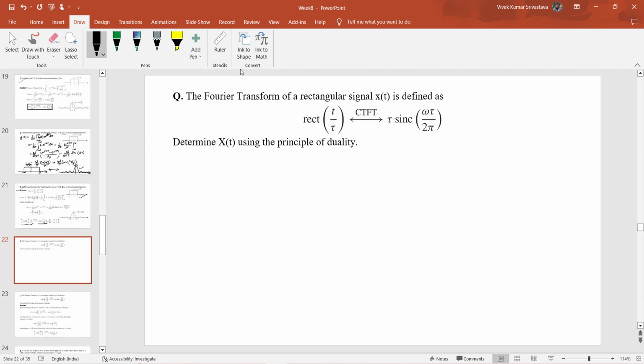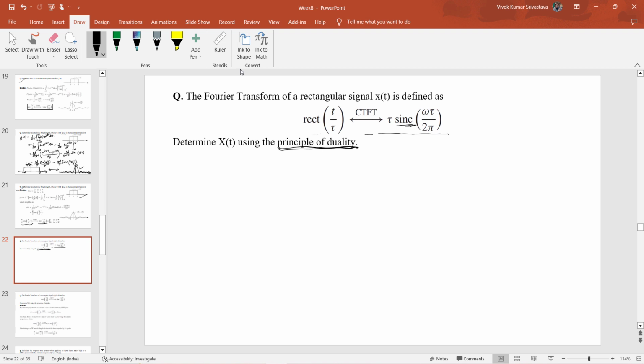Okay, so now in the next problem we will use the duality property basically, so as to evaluate this relation. Okay, so as we know that in time domain, if this rectangular function is given to us, so the corresponding spectrum in the frequency domain will result in a sinc function. Okay, so by using this property and by using the principle of duality, we have to evaluate that if